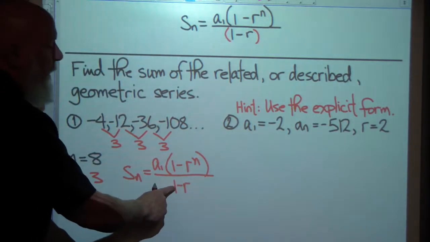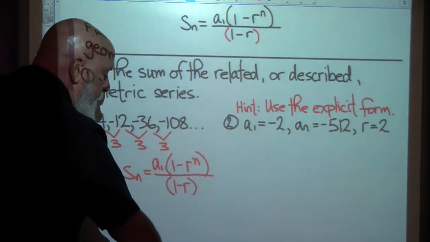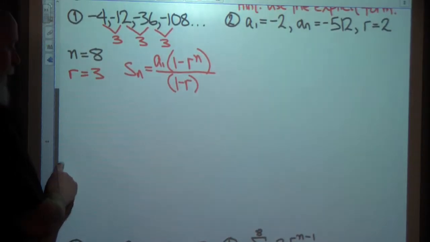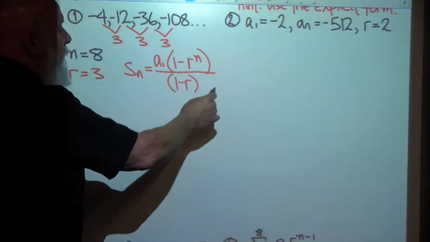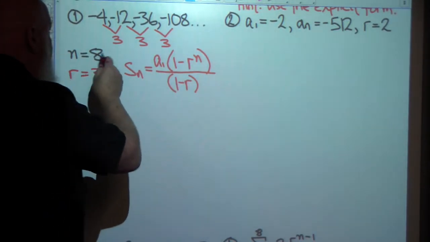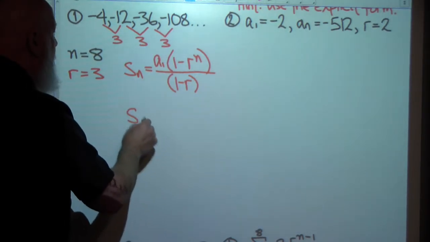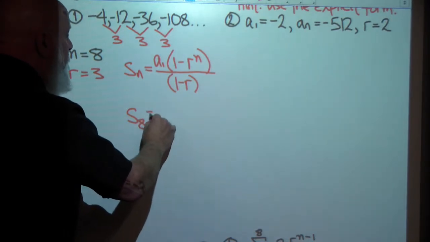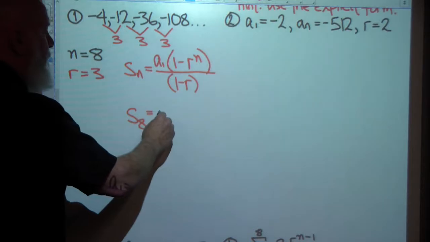And if you're going to be plugging it into the calculator just the way you see it, you might want to put those in parentheses. All right? So let's plug these values in. As I said, all we need is the first term, the common ratio, and the number of terms that we're looking for, which we have all 3 of those pieces of information. So here we go. We're going to find the sum of 8 terms, because that's what it asked us to do, is equal to the first term, which we can look at the series itself and see that it's negative